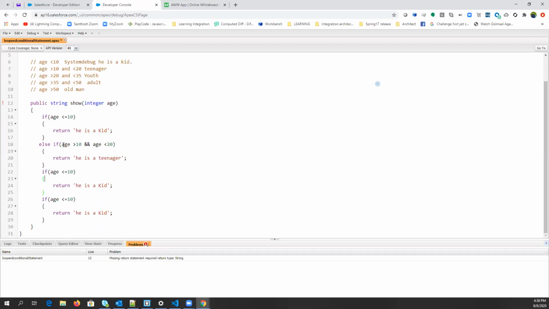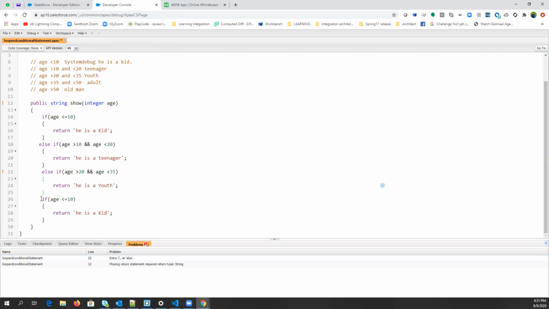And again, else if age greater than 20 and less than 35, right? It would be else if, not if else.